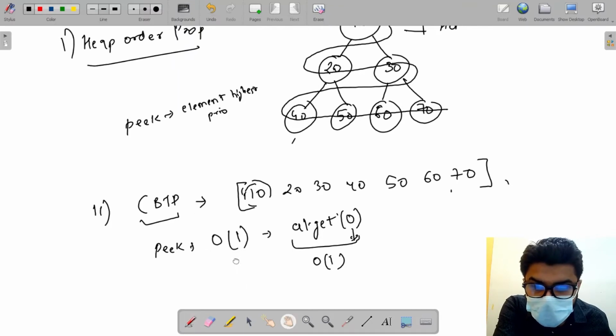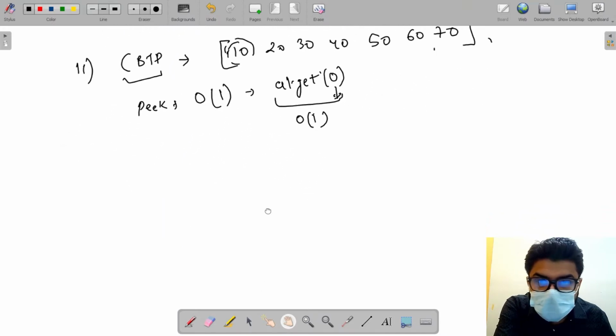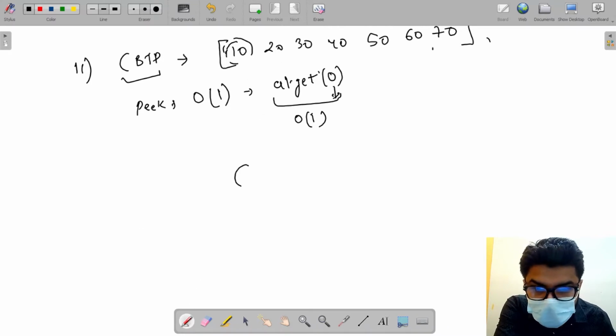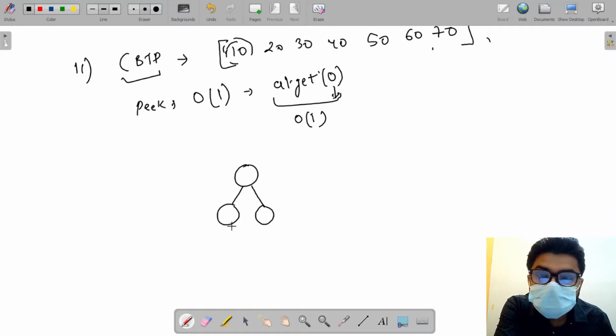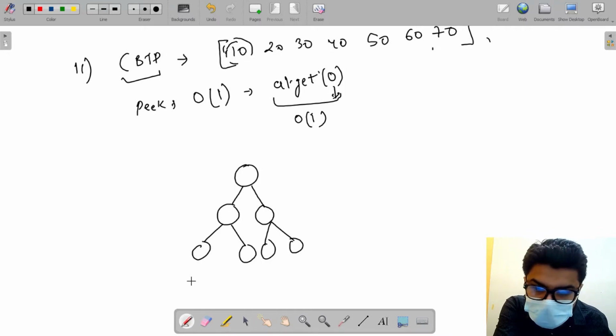Now I haven't explained what this complete binary tree actually means, and why this allows us to make a tree using an array list. So a complete binary tree is basically a binary tree where only the last level is allowed to be incomplete. What I mean by that is, for a tree like this, let us say